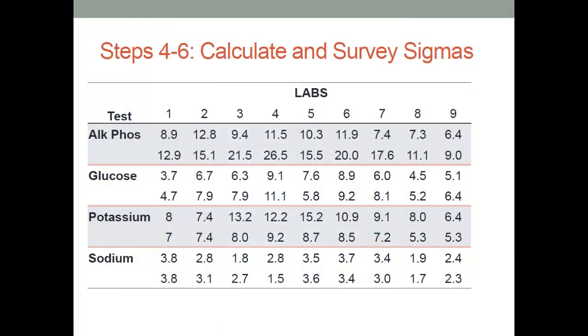So we did our surveys of Sigma, and first pass, this is what we got. Labs, at the time we had 9 labs across the top. These are 2 Bio-Rad controls for alkaline phosphatase. And you see those Sigmas are pretty good. They're above 6, well above 6. So I would say that's a safe zone as far as generating 1,3S rules. And so we did convert that particular test, those 2 levels of controls, to 1,3S.